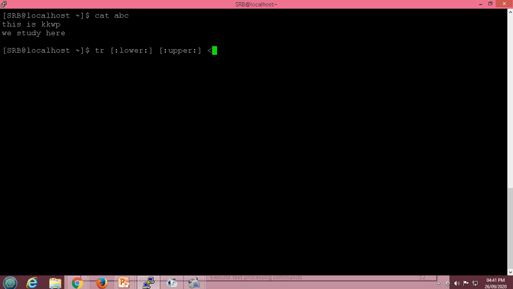And we will redirect the input for this command using the input redirection operator. So we will get the content of the file translated into uppercase.